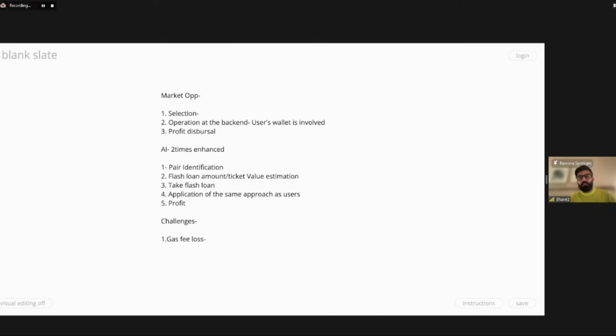First, let me give you a walkthrough as to how the MVP version is going to work. So bring the picture of the market opportunity that I showed you, that all the pairs with wholesome details will be visible to you as a user. So the first thing that you will do in the MVP version will be selection of the market opportunity from the flashed opportunities in your personalized page when you connect the whitelisted wallet with the Boomerang tab. Once you select that,